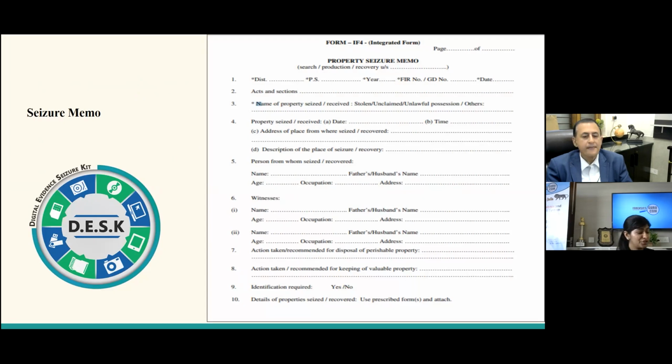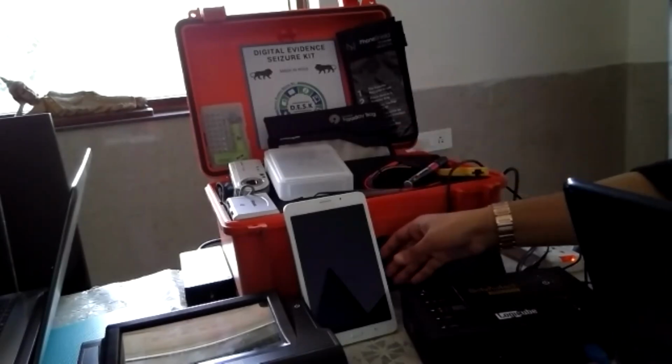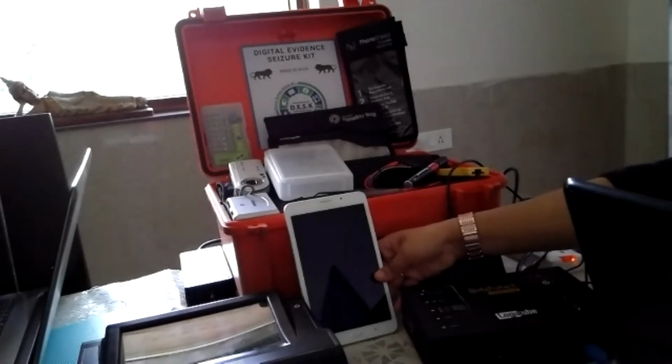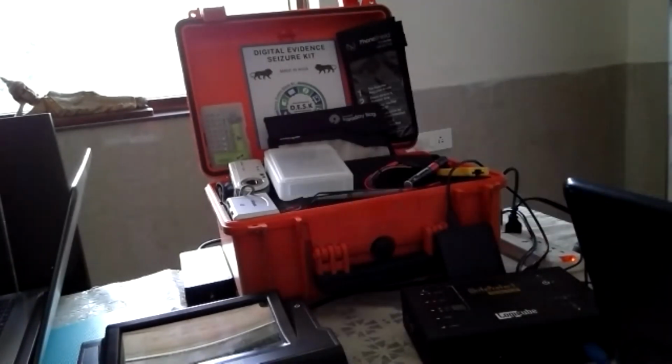Okay, so let me switch my camera to the desk. I'll show you. All right, so what I'm going to show you, this is the digital evidence seizure kit. So you can see the digital evidence seizure kit. So the things which are included in the seizure kit